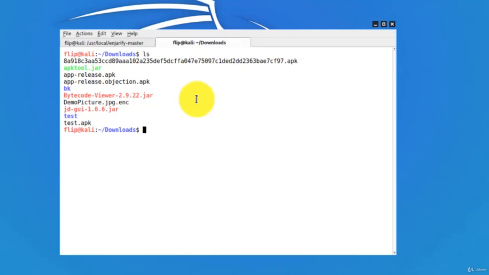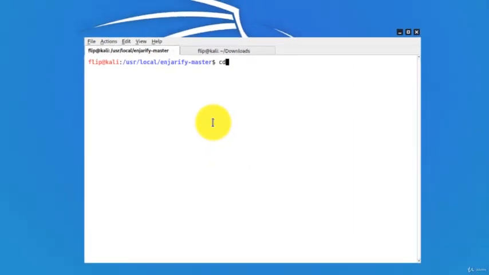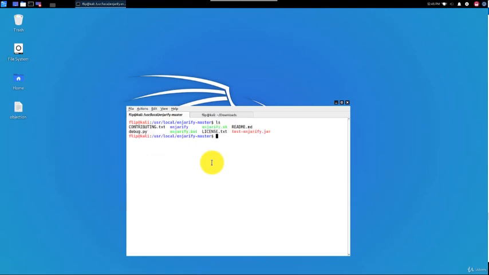First, if you remember, we had a tool called JD-GUI. We had placed this in downloads. But before we run JD-GUI, let's run Dex2jar, which is a tool that we need to run against the APK to be able to upload the jar file to JD-GUI. So to do that, we go to user, local, Dex2jar, and here we have the script, and we're going to run it against the SimpLocker APK.